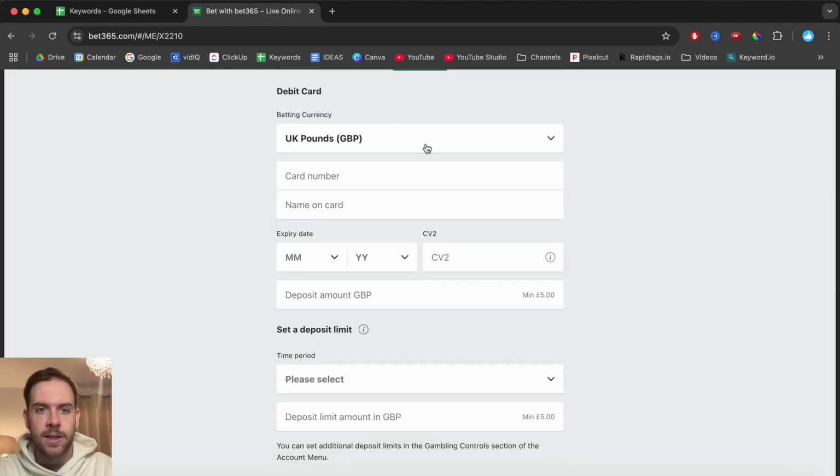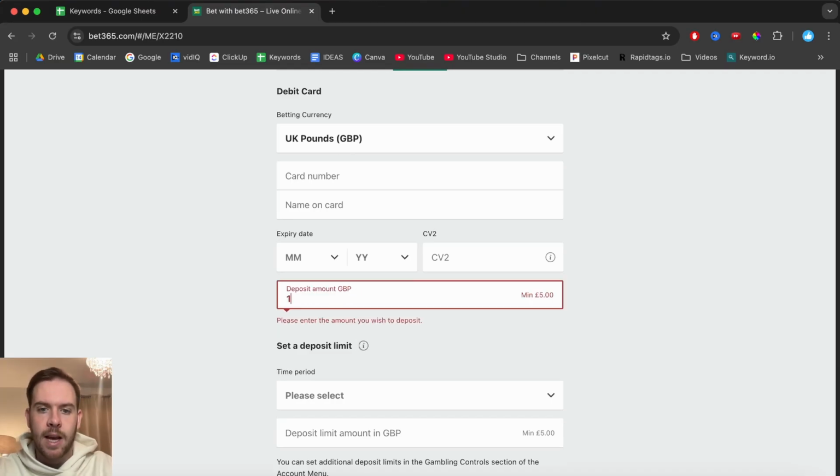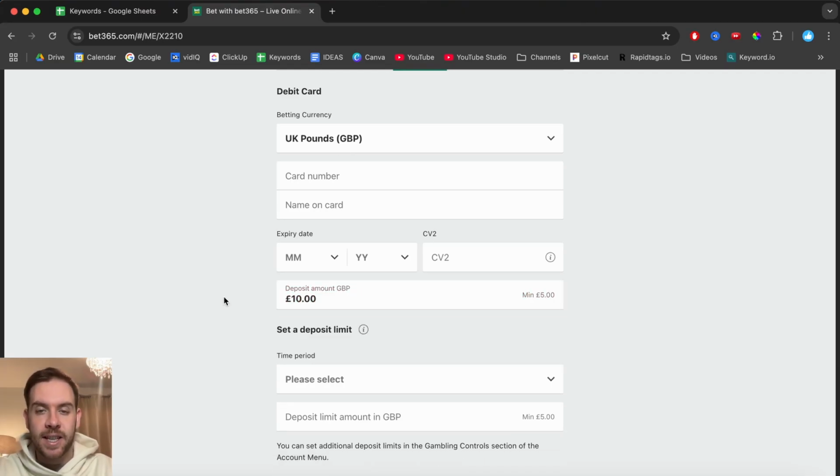And this is where I'm going to select my currency. For me, I'm in the UK. And then from there, I'm going to type in my card number, the name on my card, my expiry date, my CVV, which is the 3 digits on the back of the card. And I'm going to type in £10 here